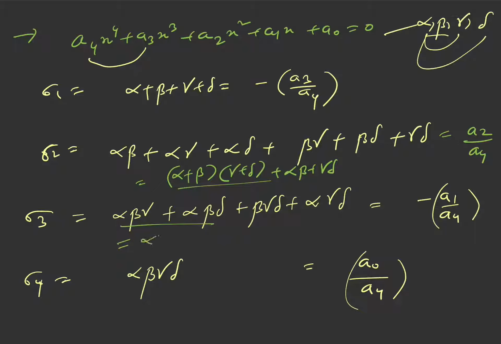And this you can simplify. You can take alpha beta common here, you will get gamma plus delta, and here you can take gamma delta common, you will get alpha plus beta. Finally this is alpha plus beta. You can express it in this way by taking common alpha beta into (gamma plus delta) plus gamma delta into (alpha plus beta). This type of expressions will be useful while solving the problems.